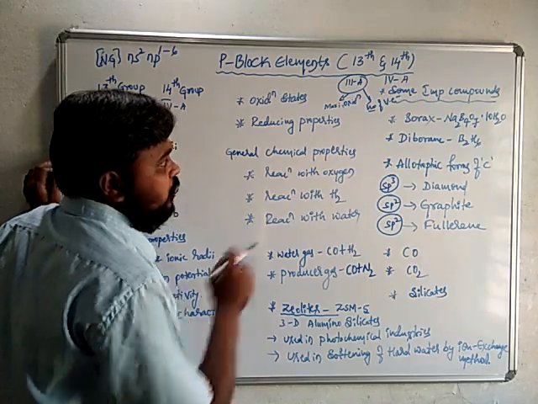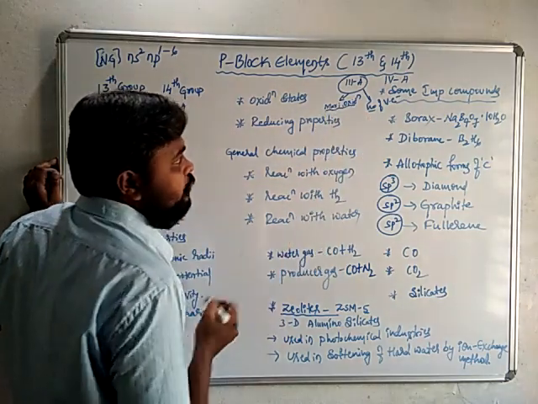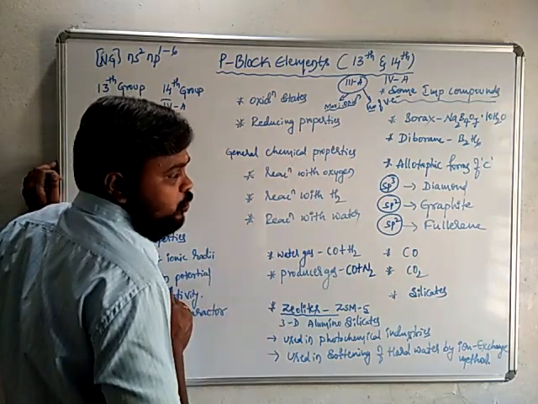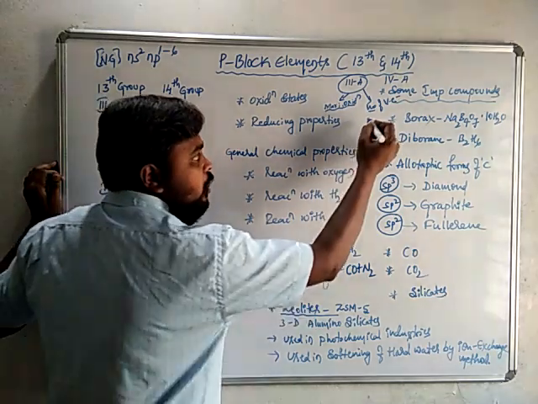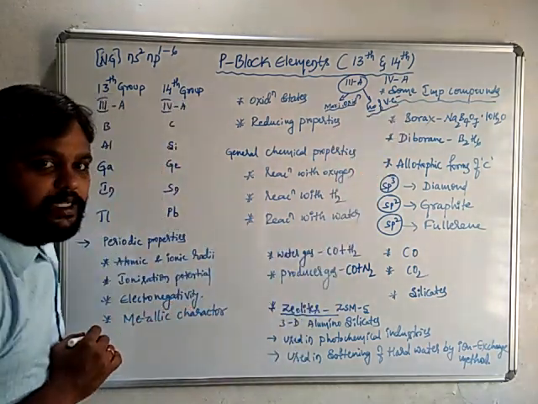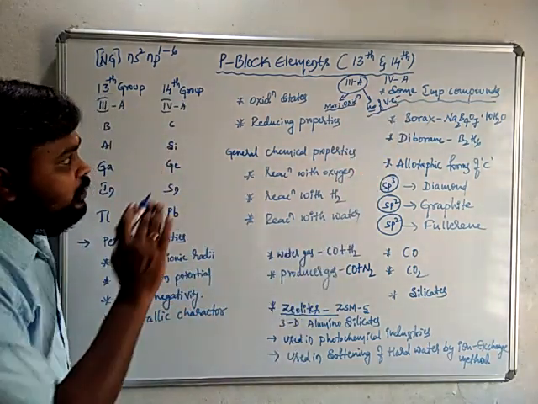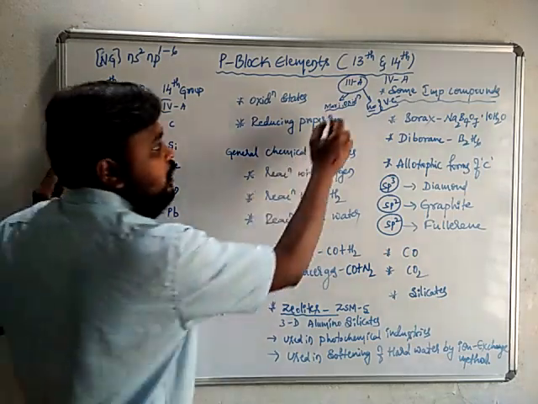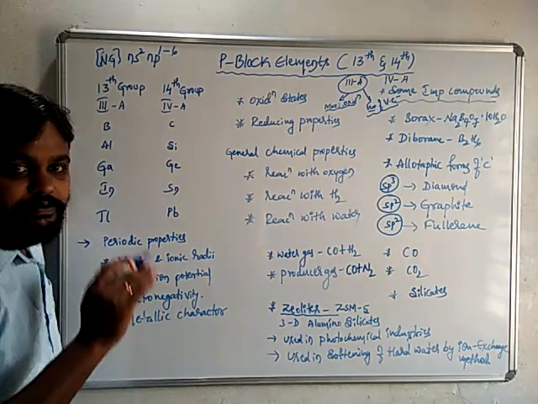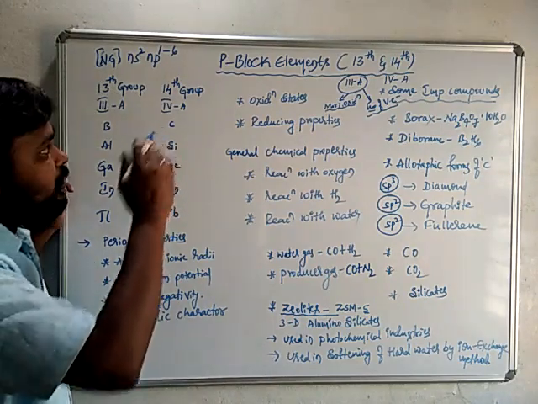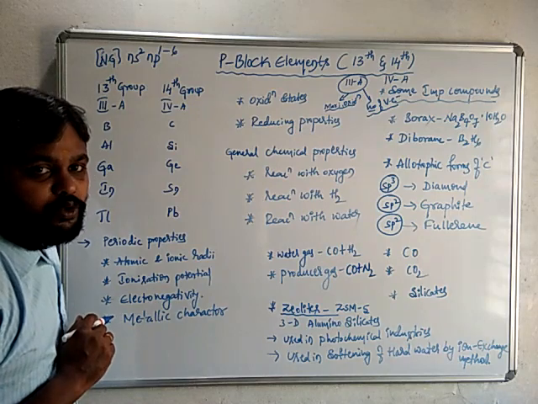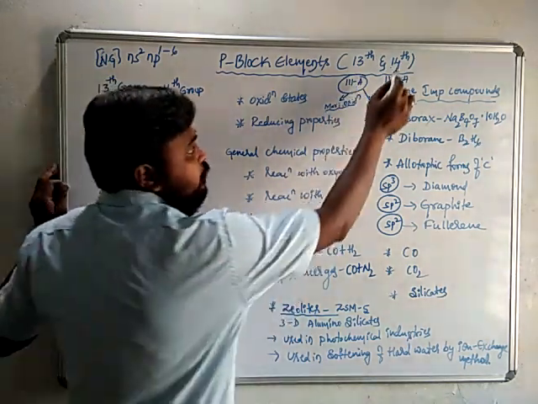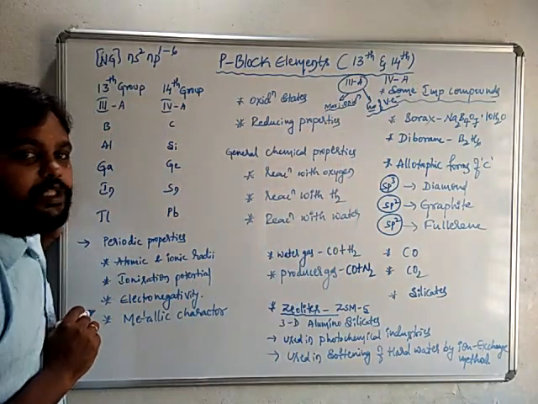That means one is the maximum oxidation state. If you take third A group elements, all the elements of third A can show a maximum of only +3 oxidation state, and all contain 3 valence electrons in the valence shell. So the group number refers to two things: the number of valence electrons as well as the maximum oxidation number of that group's elements. Here we are discussing the 13th and 14th group elements. The 13th group elements are also called third A group elements, and the 14th group elements are also known as fourth A group elements.